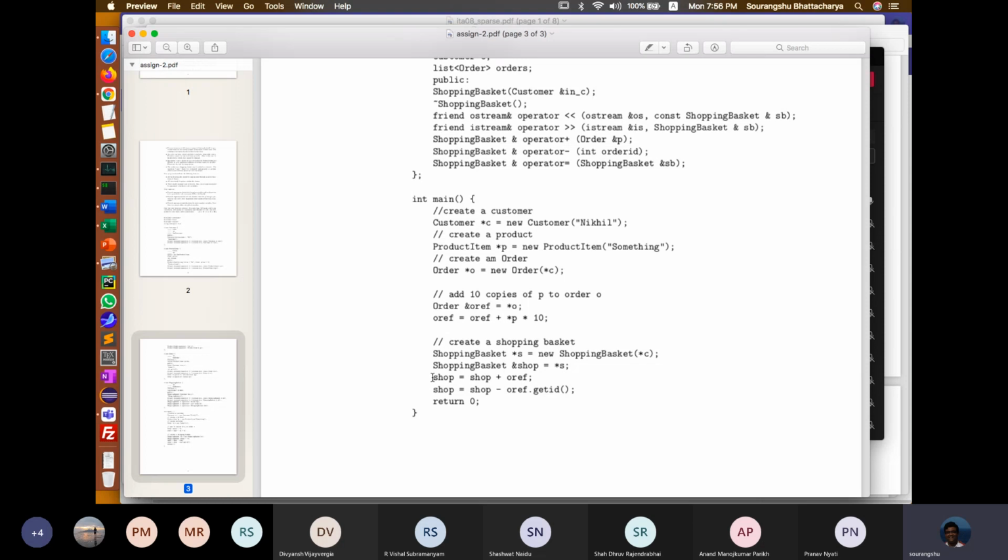Yeah, but then for this one, shop is equal to shop plus ORF, so this goes through, right? Yeah. So then it's better to have this shop is equal to shop plus ORF logic, okay? And you only have an overloaded constructor, not a copy constructor. If you have a copy constructor,